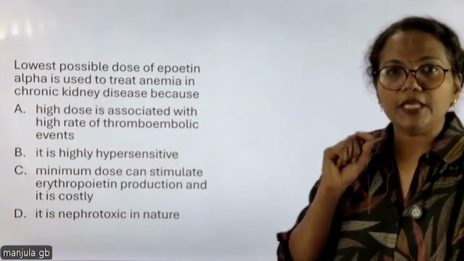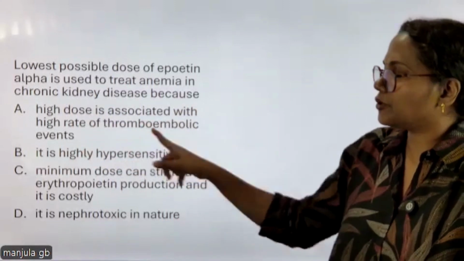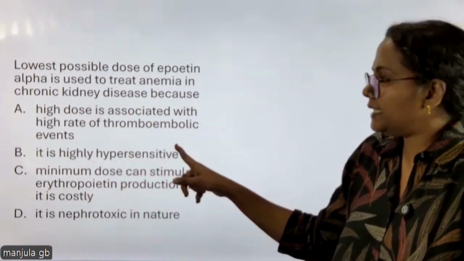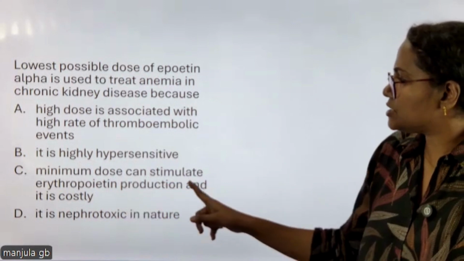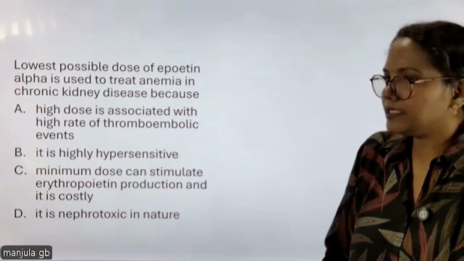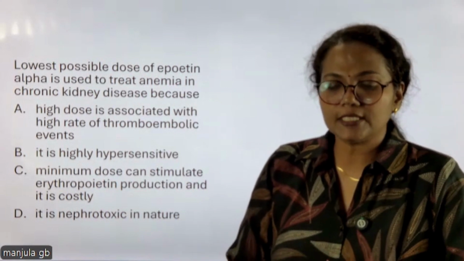The question is why you are doing that. So high dose is associated with a high rate of thromboembolic events, because it is highly hypersensitive. Third thing is minimum dose can stimulate erythropoietin production and it is costly. Fourth one is nephrotoxic in nature. So what is the reason